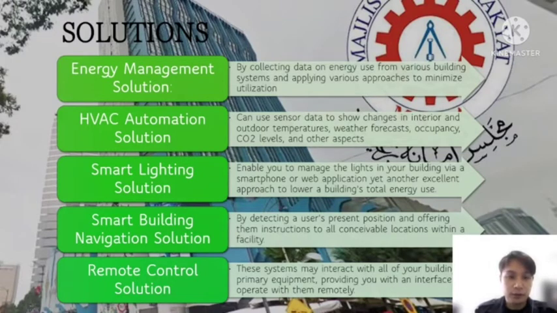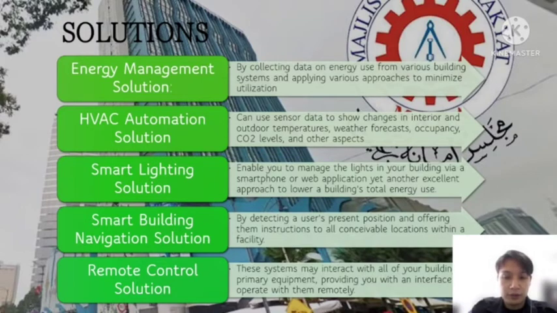Di sini saya akan bentangkan mengenai solution BAS in Mara Building. So, yang pertama adalah mengenai management solution. Management solution ni adalah misalnya collecting data on energy use from various building system and apply various approach to minimize the utilization. Maksudnya di sini